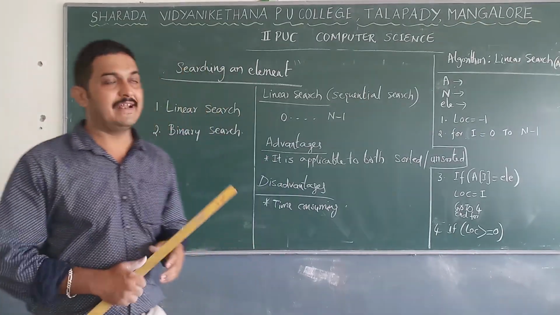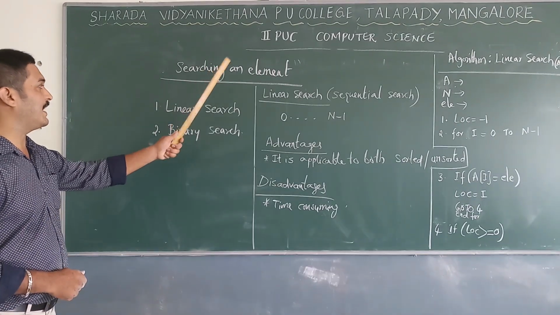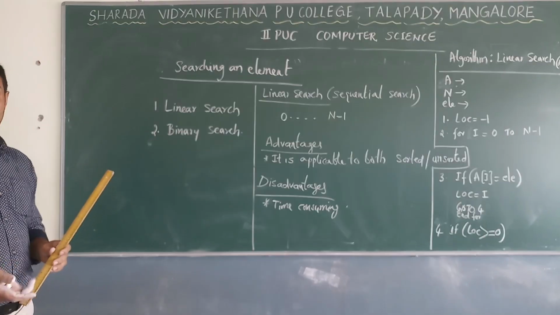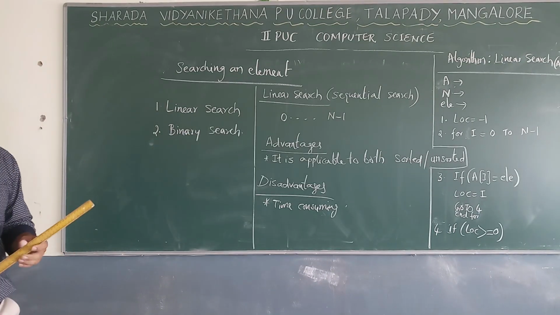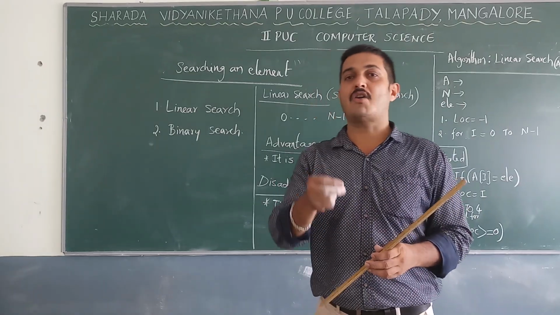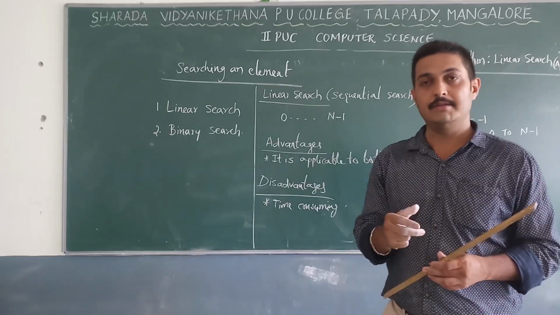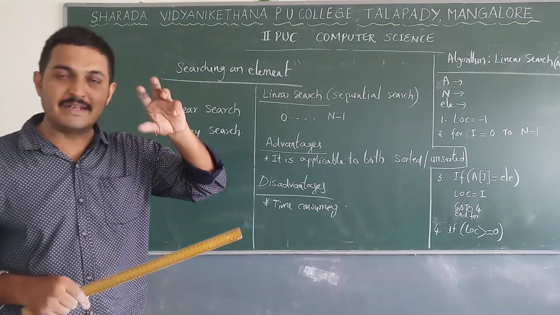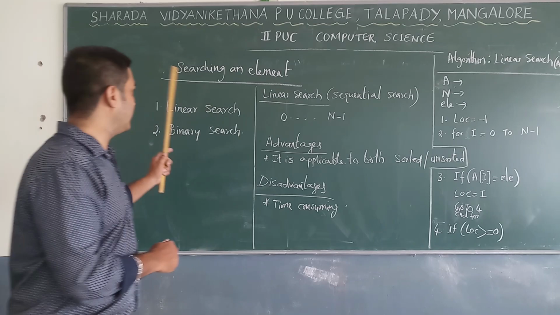Next, an operation on a linear data structure or one-dimensional array is searching for an element. There are two types of searching methods in our second year syllabus, linear search and binary search. So what do you mean by linear search? Linear search means searching starts from the 0th element to the n minus 1 element, and if the search key is equal to the element at a particular location, then the searching process will stop. Okay, these are about linear search.